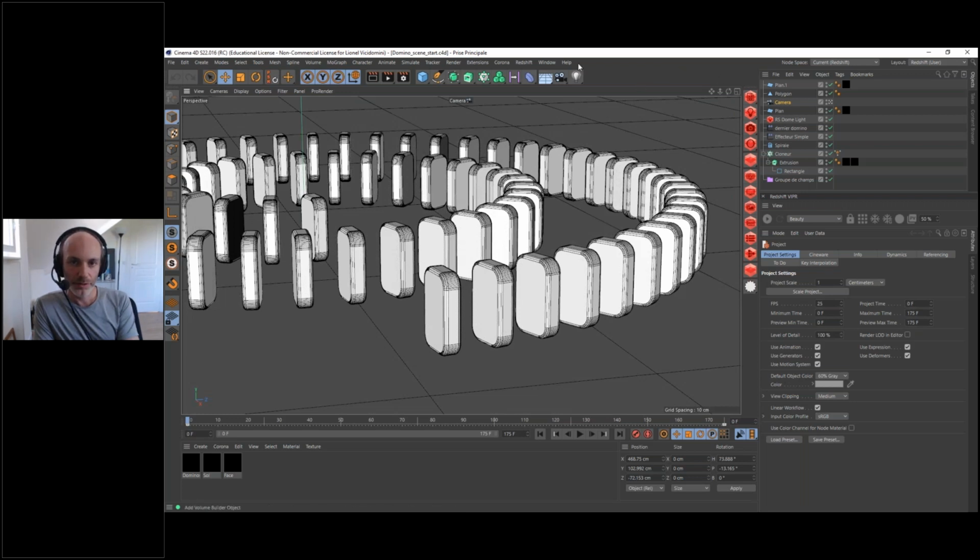So let me present to you the scene in Cinema 4D first. For those who were in here yesterday, it's a very, very simple scene. I kept it simple for that purpose. It's only dominos tumbling down. It's animated with MoGraph, so I didn't use the physics. And the lighting and the texturing of the scene is extremely simple too. So we have only three materials, one for the ground, one for the domino. And the carvings on the dominoes are distributed with a few Redshift tricks, and the lighting is just one simple dome light. So it's